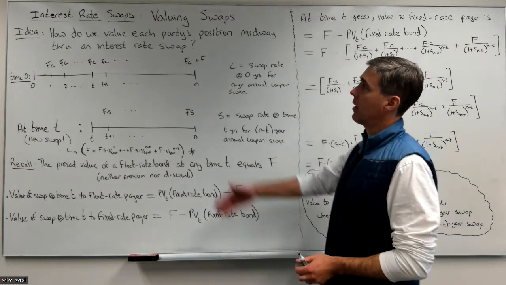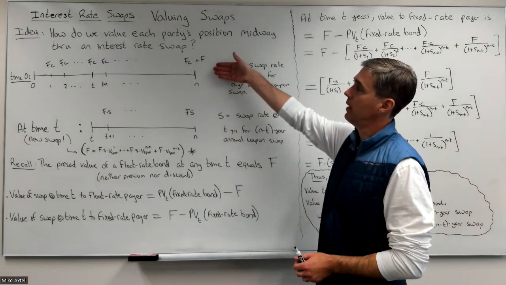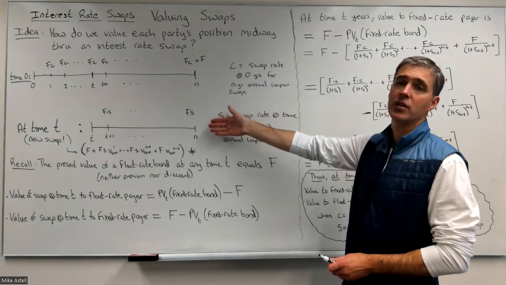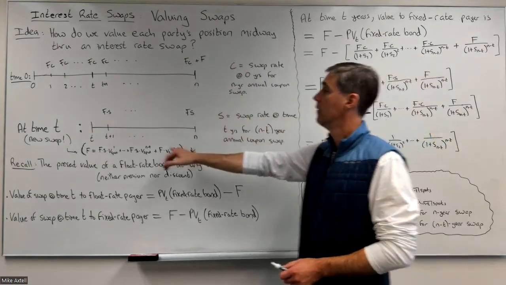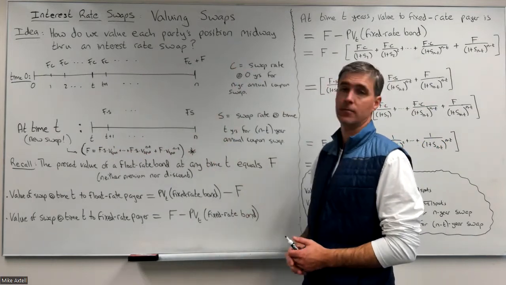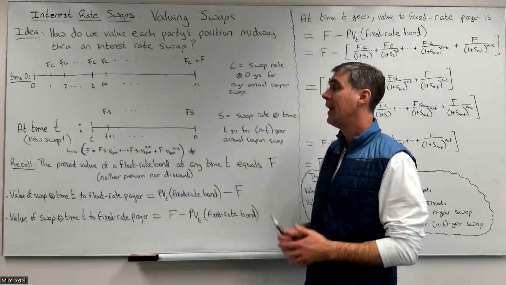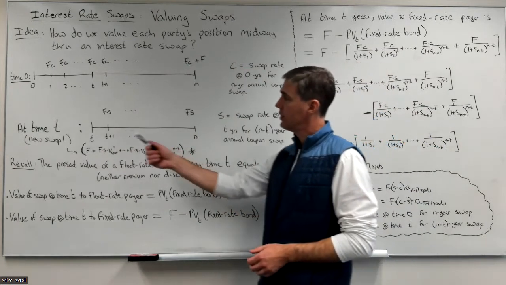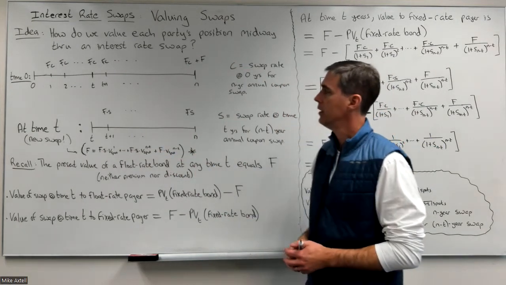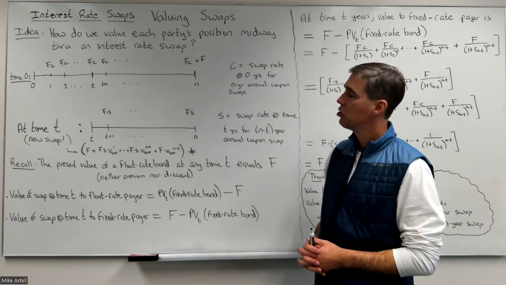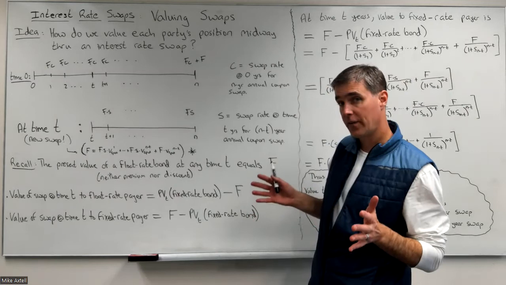Okay, so we've got our initial fixed rate payments. And then at time T, the market has now dictated a new swap rate for this N minus T year duration, S, okay? And this will come up later and it'll be a key point. This new interest rate swap from time T to time N, we could figure out the value of S if we wanted to calculate it,